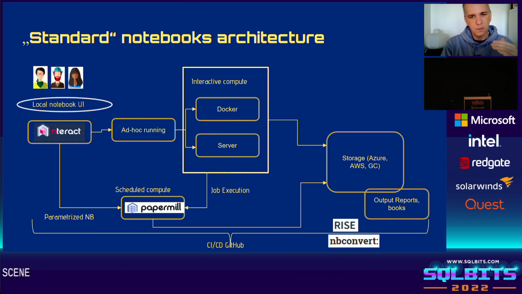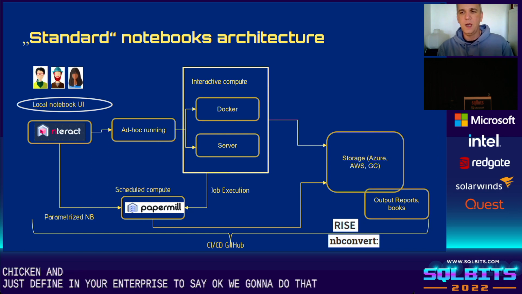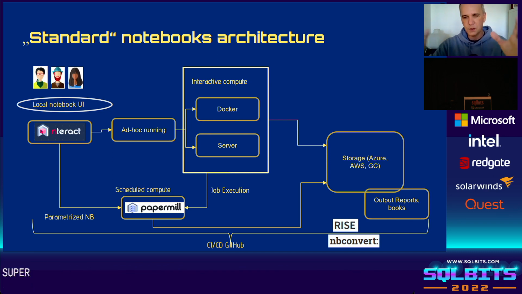So just keep in mind that all those processes you need to essentially define in your enterprise and say, okay, we're going to do it like that. Once you have that, you can, again, as I said, have jobs execution. Papermill is super great for that. There are also other tools that can basically help you. Once you push the notebook to your